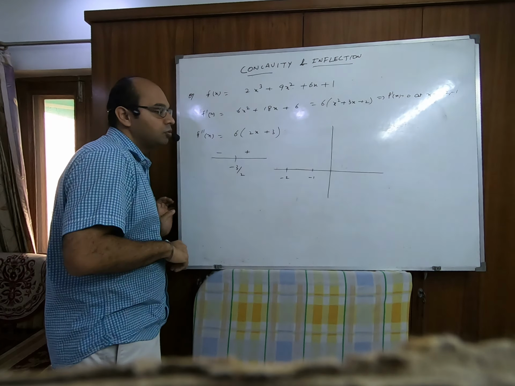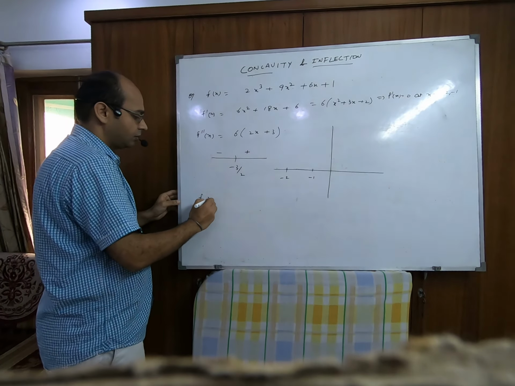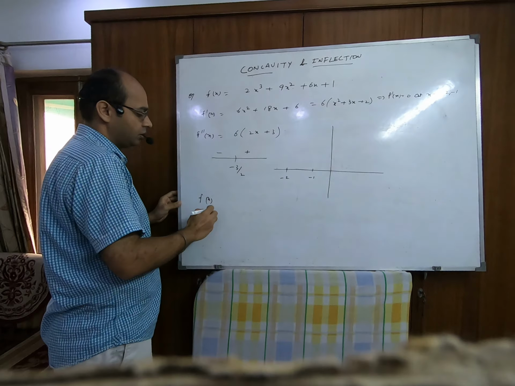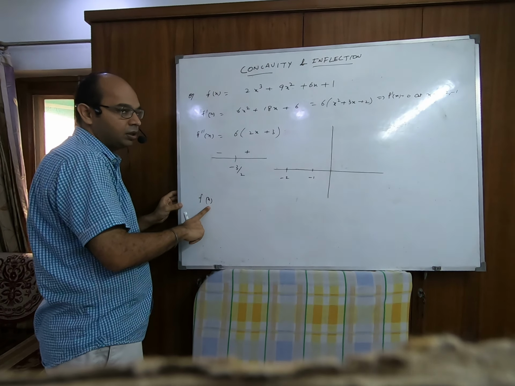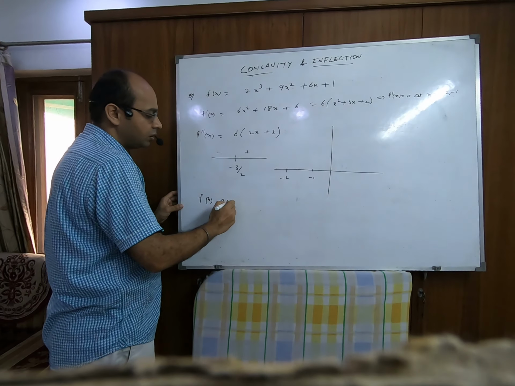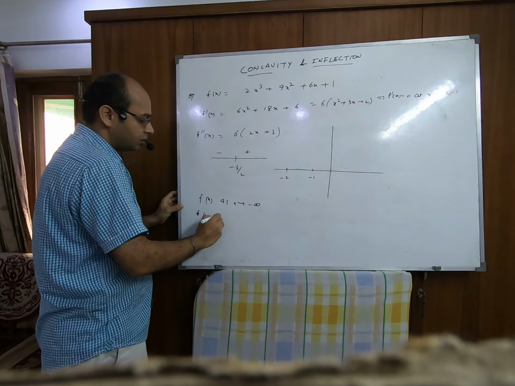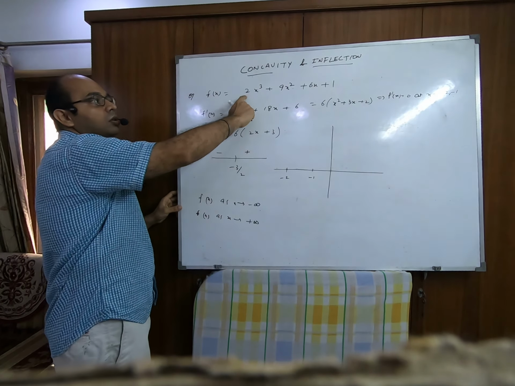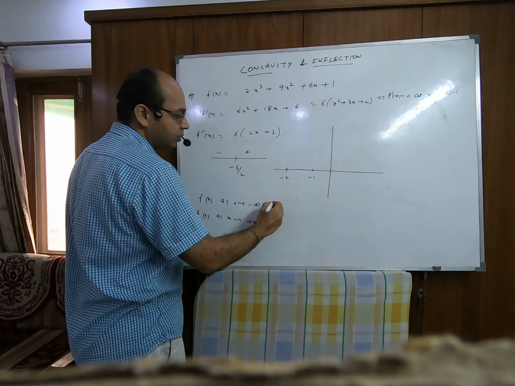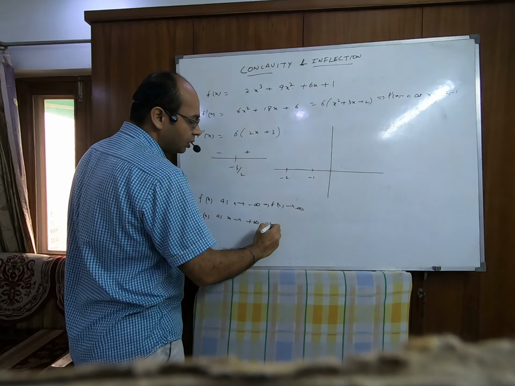Now f(x) is a cubic polynomial with positive coefficient. So if we have to draw f(x), we need to find f(x) as x tends to minus infinity, f(x) as x tends to, obviously this is going to be the dominating factor, so the f(x) will tend to minus infinity and f(x) will tend